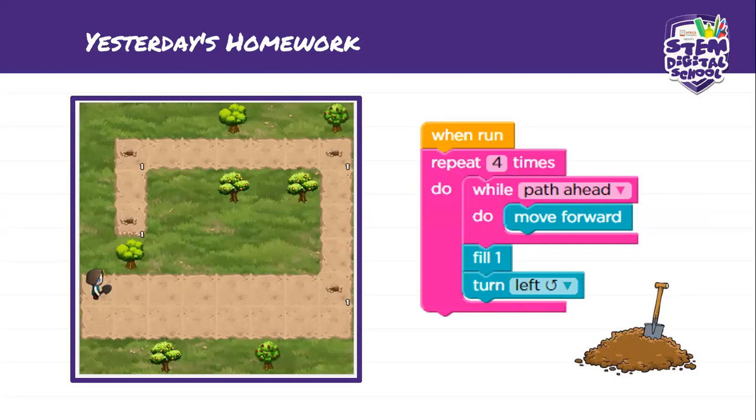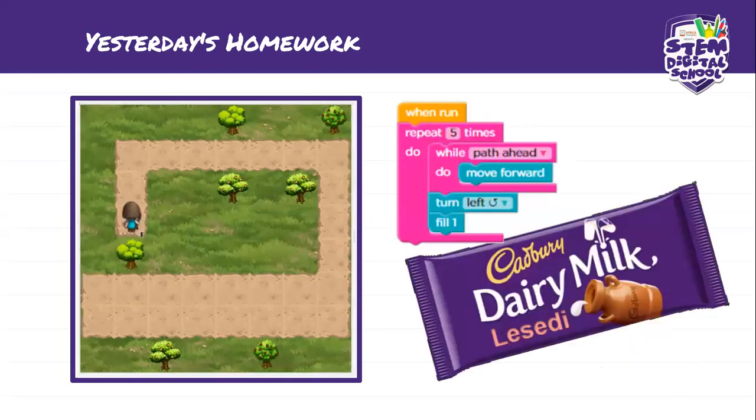Then what do we do next? When we get to the end, we fill the hole, and then I turned left. The only difference is that Lesedi turned left first and then filled the hole. Same thing, still works, no problems at all. Lesedi, well done, good job. You just have to check, because as soon as the goal was achieved, your code stopped, and I see you've got repeat 5 times up here, but there were only four